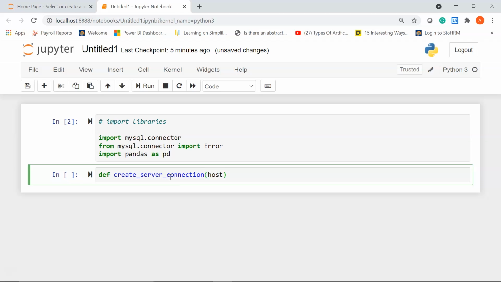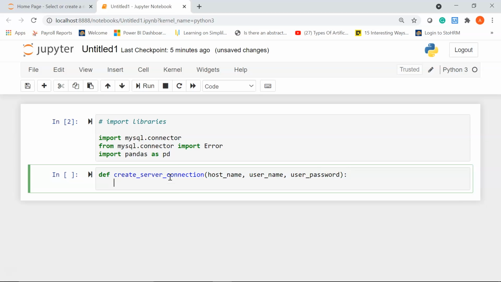First is the host name, next is the username, and then we have the user password. Alright, I'll give a colon, and then in the next line I'm going to define a variable, connection, and I'll assign it a value called None.